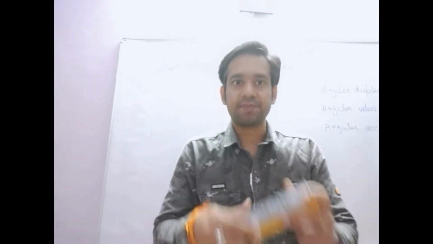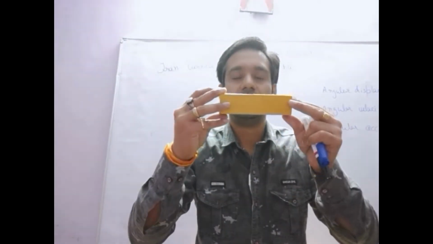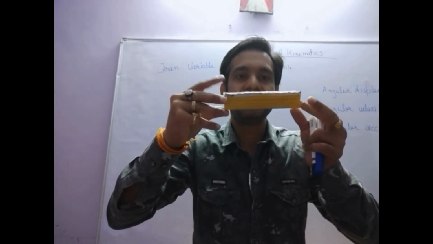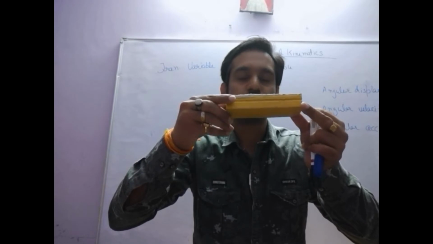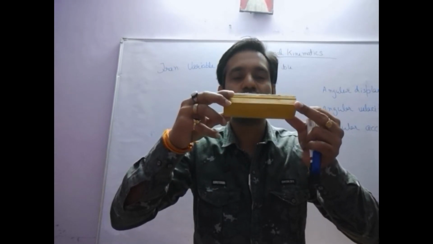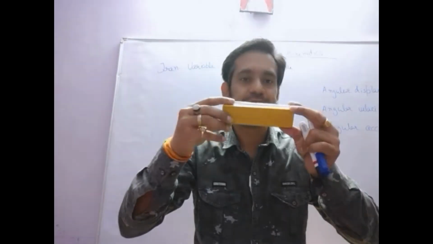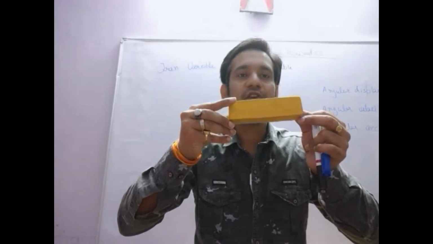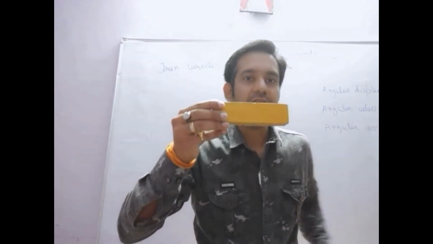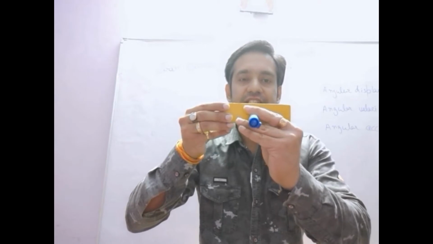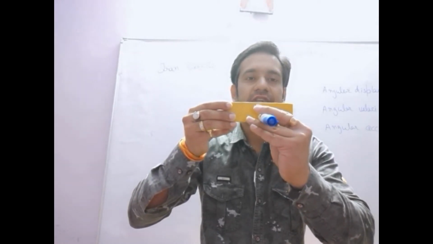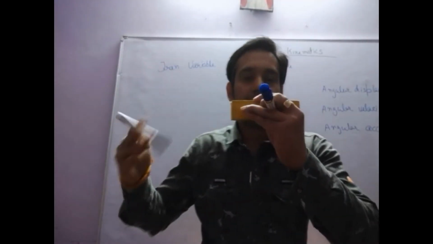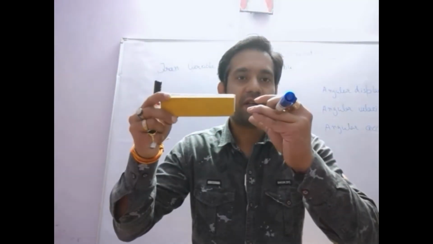Similarly, in angular displacement, if the duster rotates like this on its axis of rotation, this is not a translational motion, this is a rotational motion, because the duster is not shifting its position, it's only rotating on its axis. So if we draw a principal axis, and perpendicular to it another axis, this is position 1, and please try to understand, another position which I am trying to show is this one.